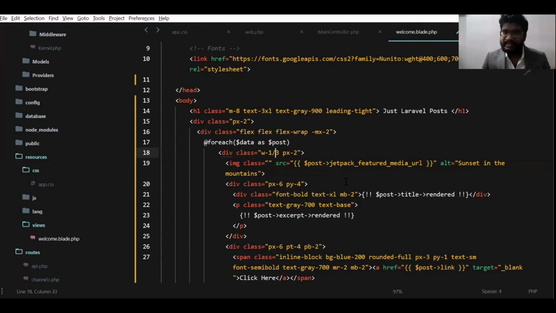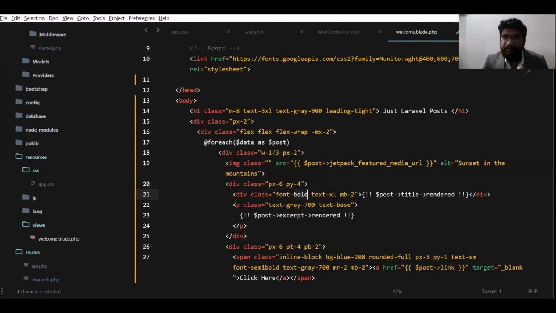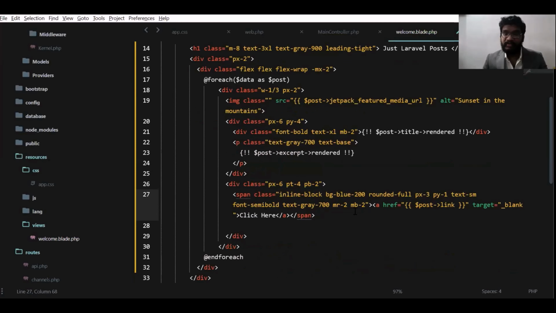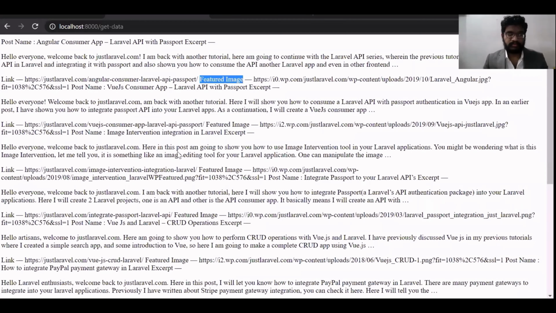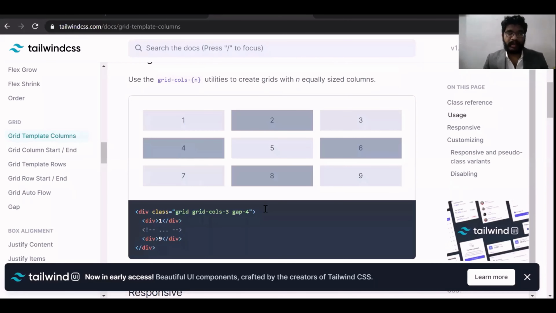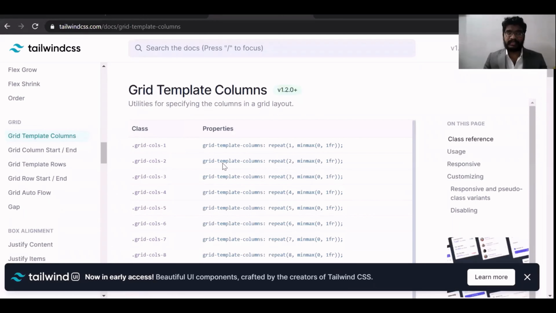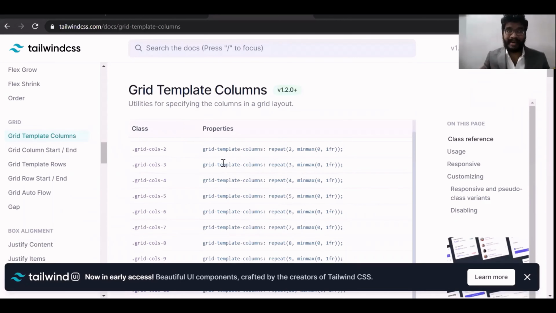And this is the featured image, and this is the basic alt I have got. These are padding. px means padding on the x-axis, py means padding on the y-axis. This is font-bold, and most of these classes are self-explanatory, like text, semi-bold, gray. So this is all the CSS I've grabbed from the Tailwind CSS documentation. You can use any of these classes. You just need to add these classes, and you will get the format you want.